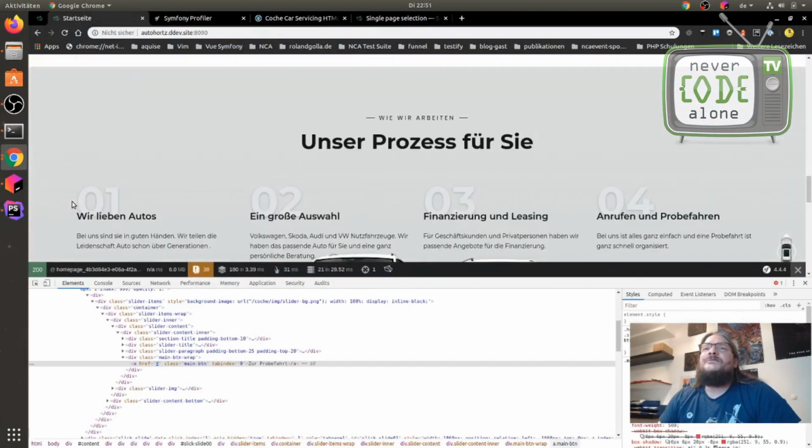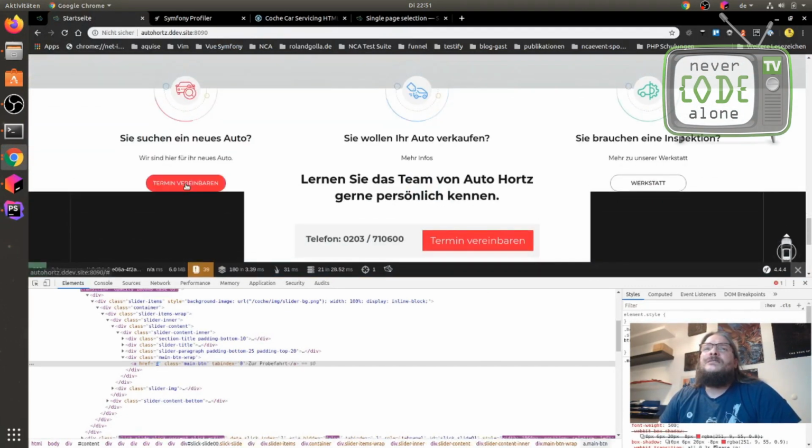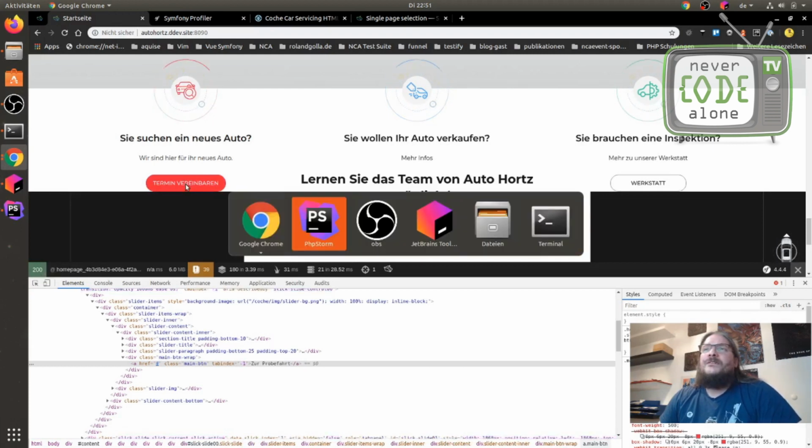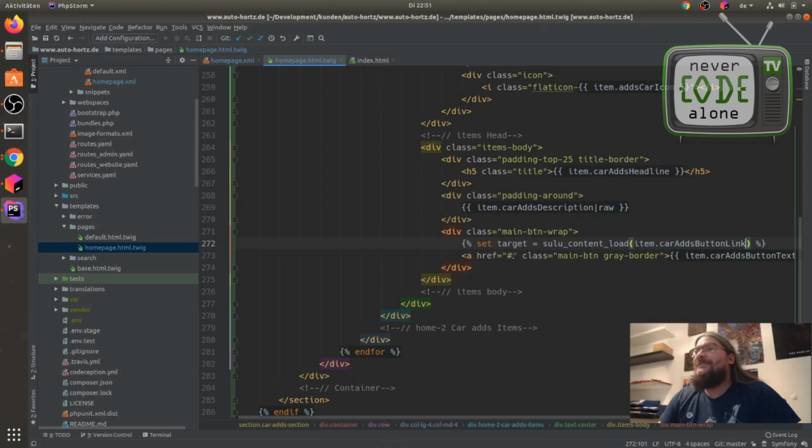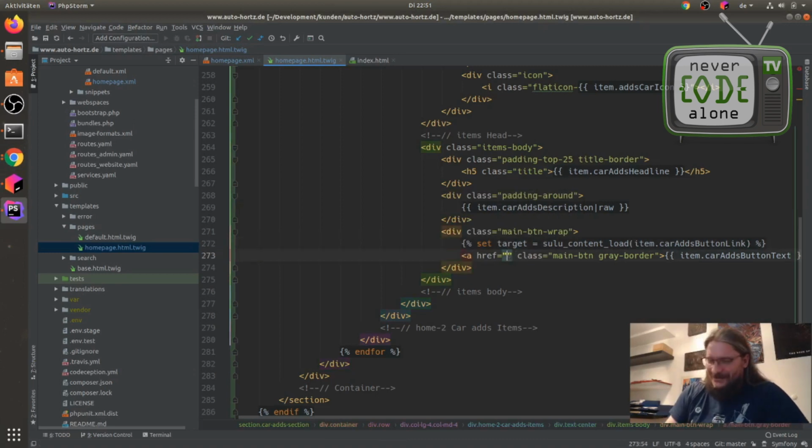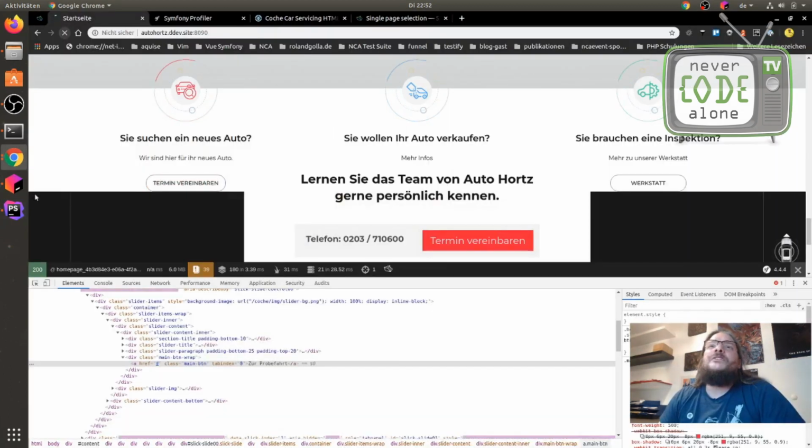Okay, this doesn't look so bad. And we have here to set it back on the template. Sorry for that, this is late in the evening. Target. Maybe refresh.